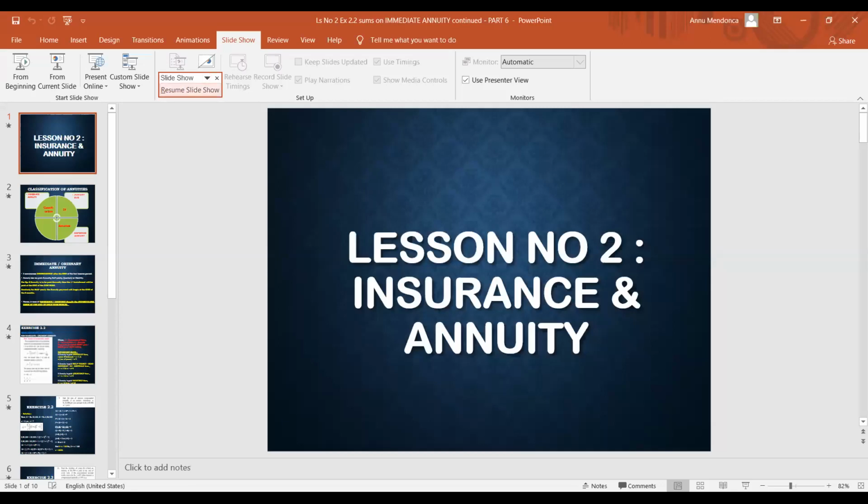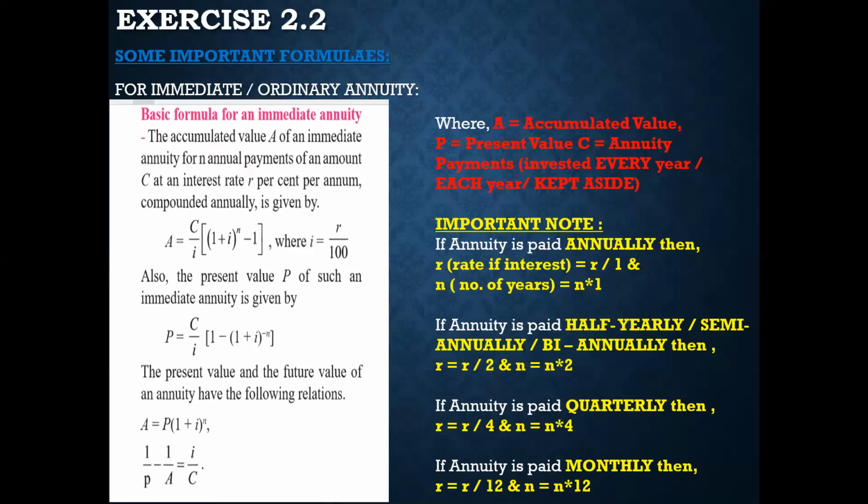And last but not the least, can you all tell me? Just now we studied today. Yes. 1 upon P minus 1 upon A is equal to I upon C. Giving you all 2 minutes class. This is the slide which we revised just now. So ye charo formula revise kar lo. Because if you are confused among this, so tomorrow you won't understand the topic that we'll be covering. So just go through all these 4 formulas.